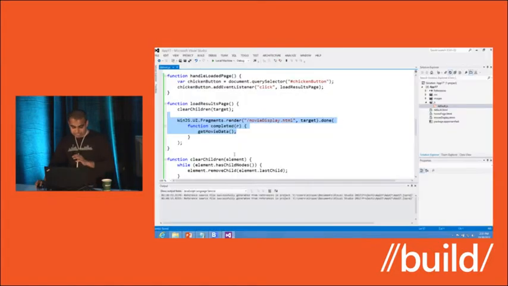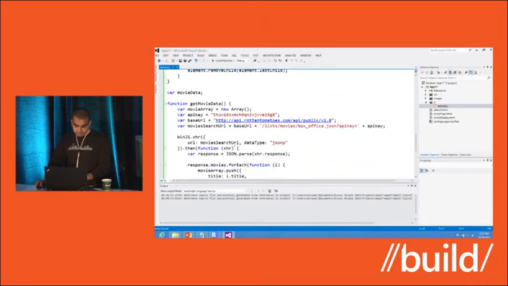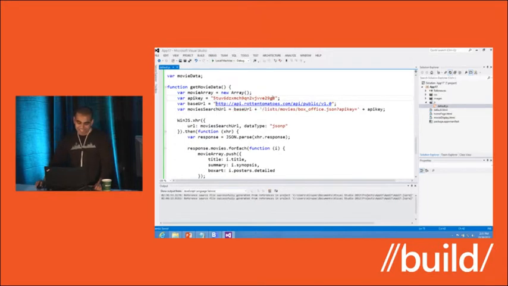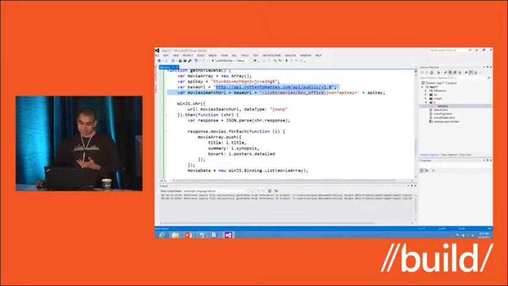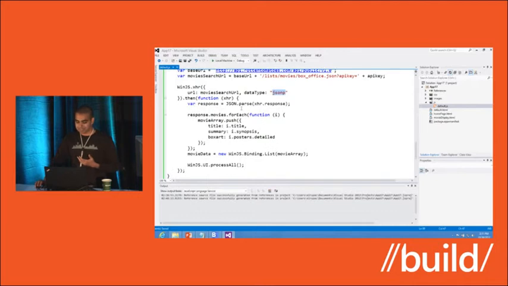And the way the data gets loaded is reasonably straightforward. Here's my API key. Please don't use it. I'm just calling an API, using the XHR method in WinJS to make a call to the web, and I'm returning the data as JSON. A lot of functionality has been provided for parsing the JSON. So my response variable just contains all the JSON parsed in a format that I can just iterate through and